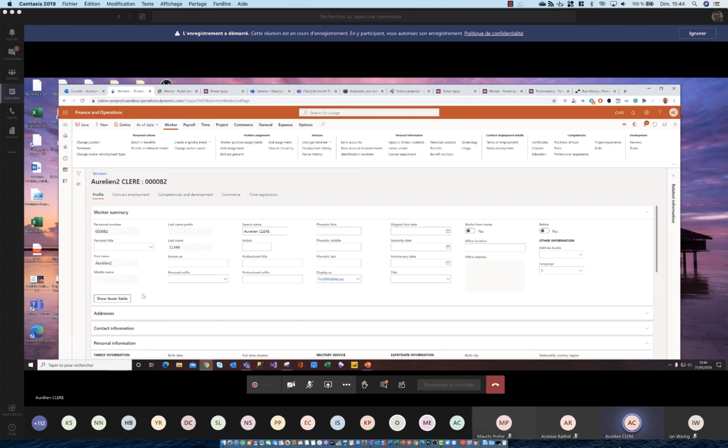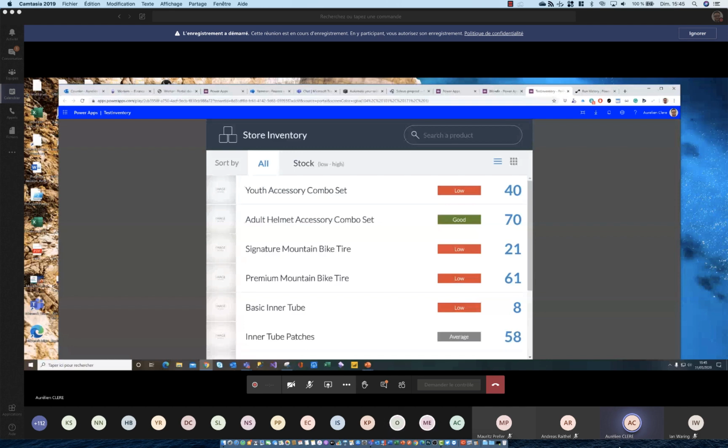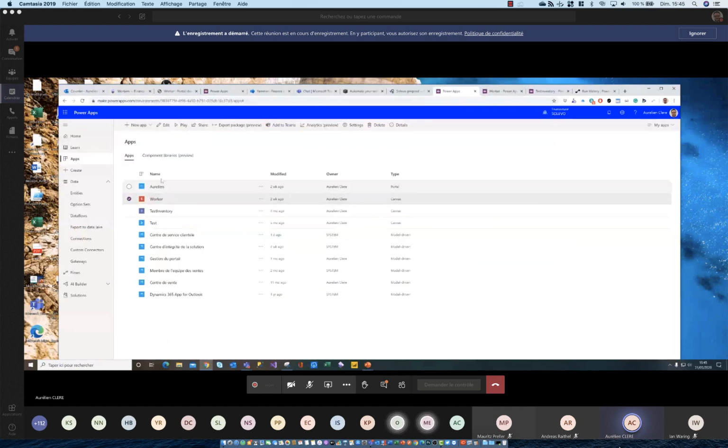So really the Power Apps can handle an intermediate flow that can be the first step before creating customer data, master data in your finance operation. And really you can create a lot of new applications with that. And now we can push your Power Apps application directly to Teams also. So yeah, we have a lot of new features that are coming this year. So really great for that.